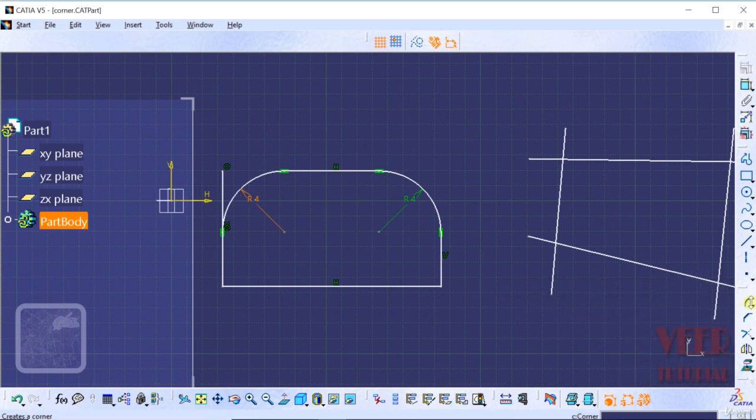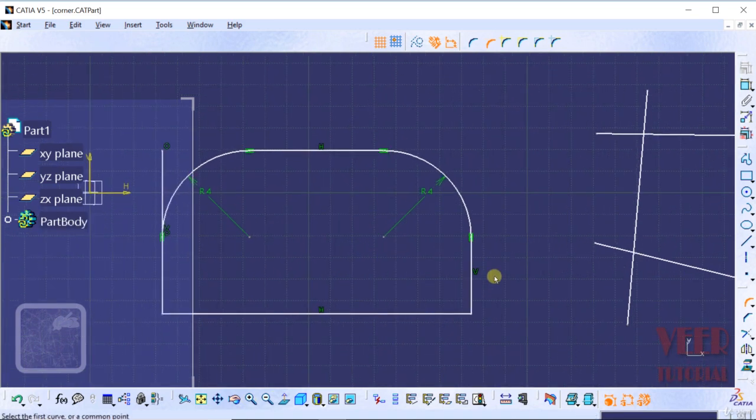And then once again I select this corner. The next option in this corner tool is no trim. This time I will select this first line. Let me zoom in. I select this first line and this is the second line. And then insert the value of the arc. So I'm selecting the radius, that is 2. Press enter. And this time we can see the line has not been trimmed.